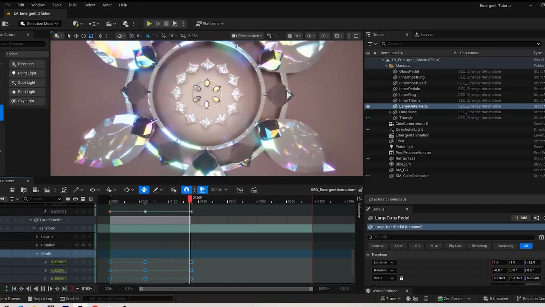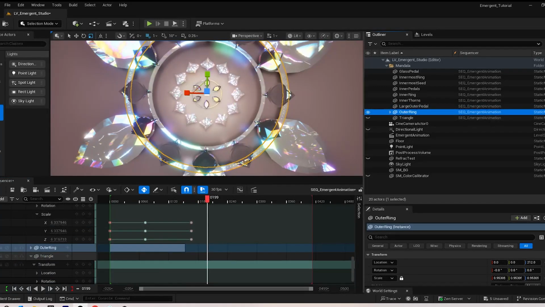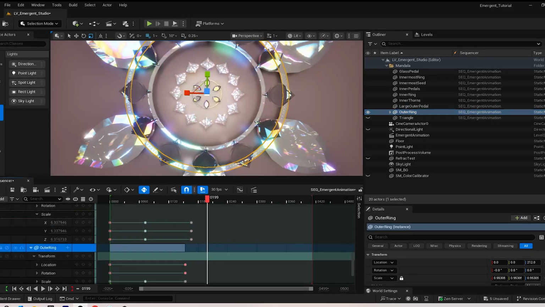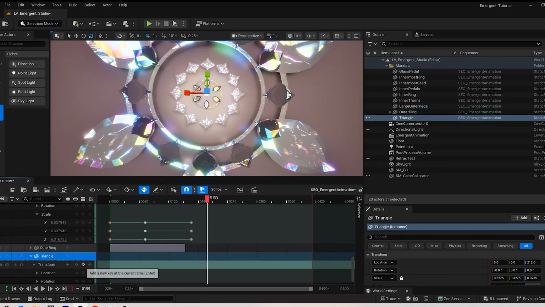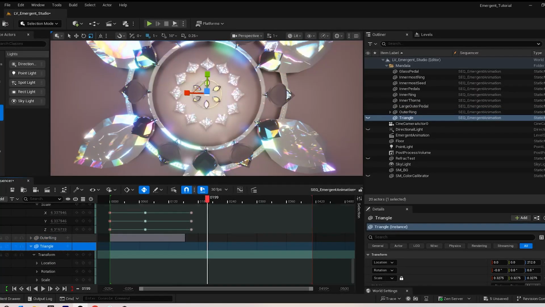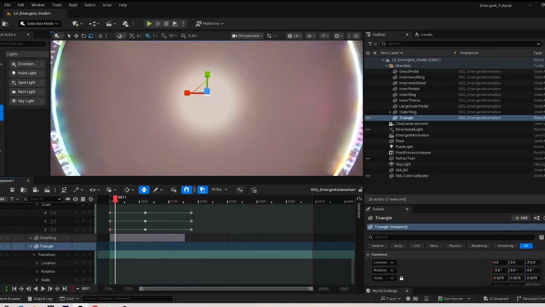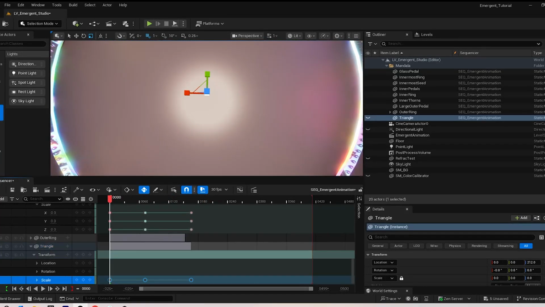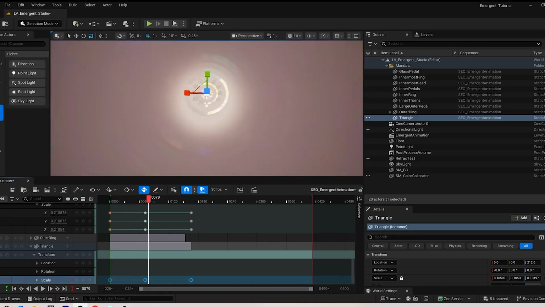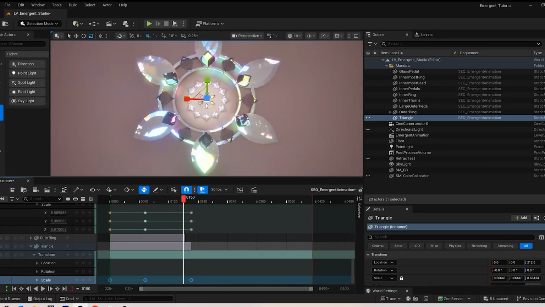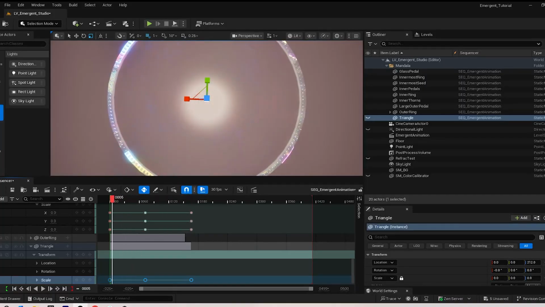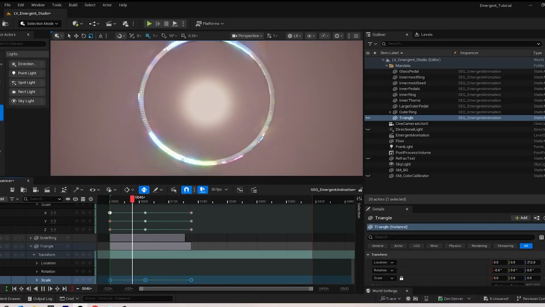Okay. So there's that. Our outer ring has its animations already. And last but not least, we have our triangle. So we're going to do first frame, scale, paste. Okay. So it looks like we've got, now that we've gotten our animations all